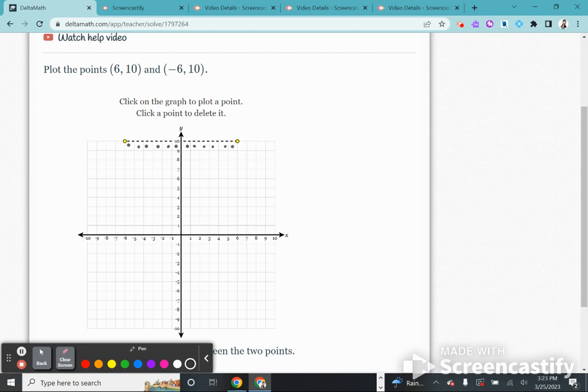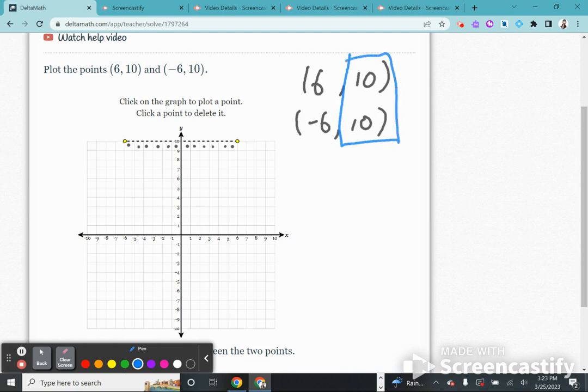Okay, we could also look at it another way too. So we could go and look at our 2 points that were given to us. Because our y values are the same, we can't compare those. So we would need to compare our x values. To do this, we could just subtract our first value of 6 minus our negative 6 and see what that